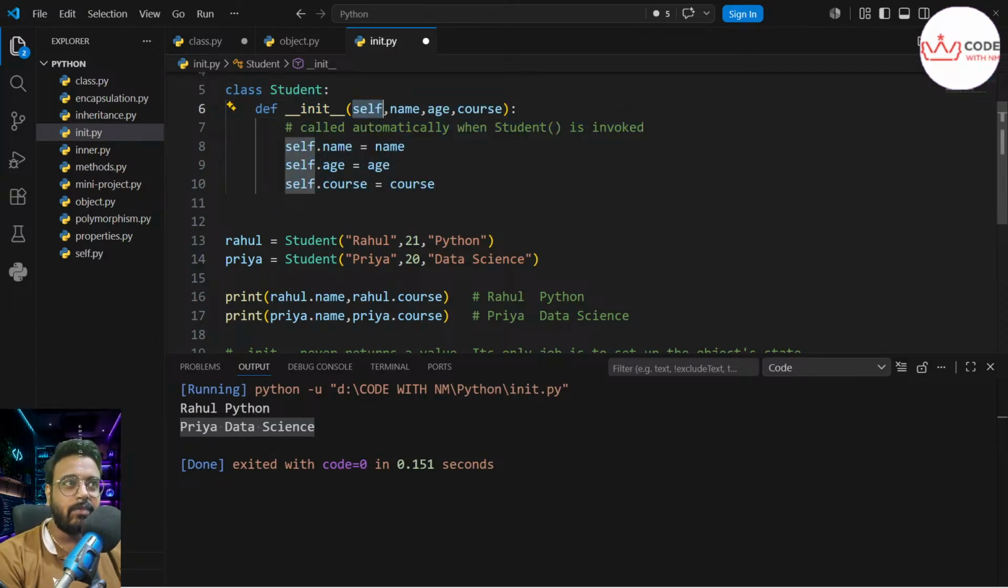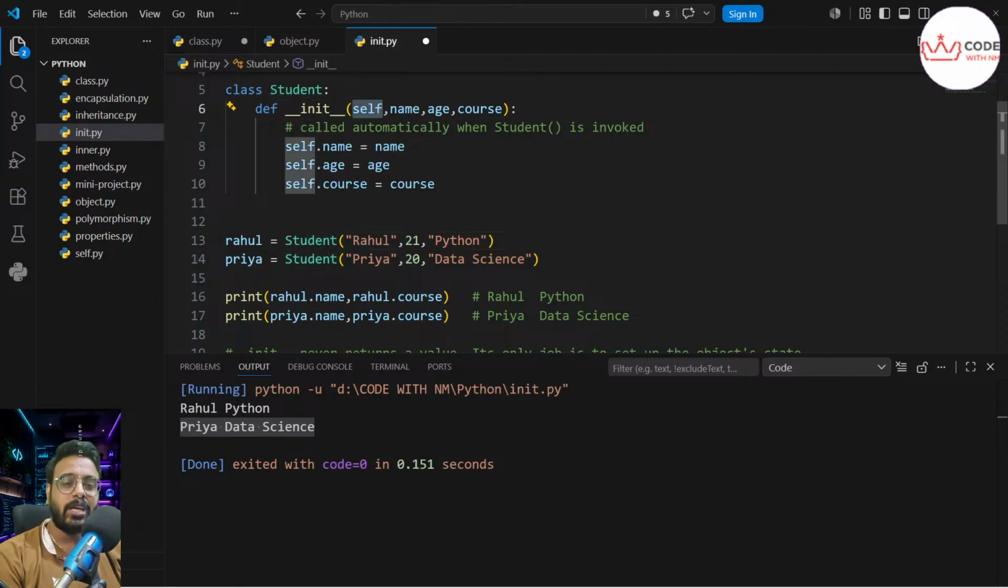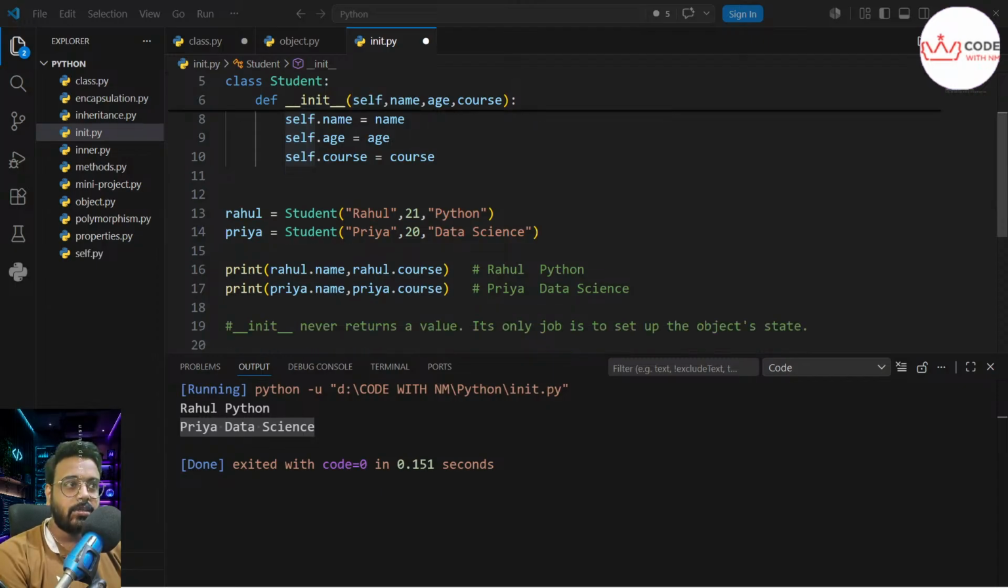Hope you understood now what self is. Even though both objects come from the same class, yes, they both come from student only, but with the help of self, they are both stored separately. Understood? What is self? What is the importance self holds? This was the easiest and simplest definition of it. If you understand this,